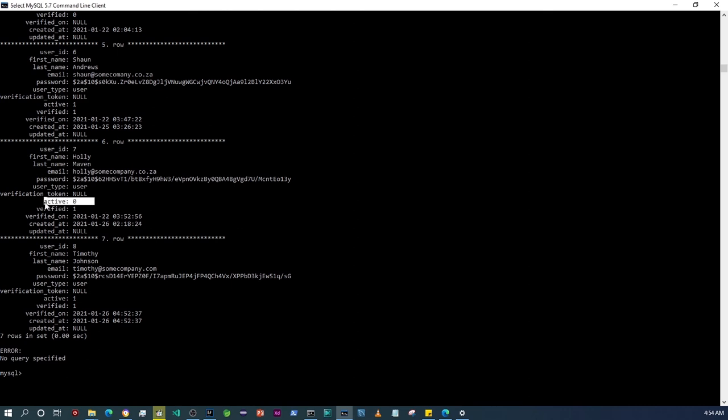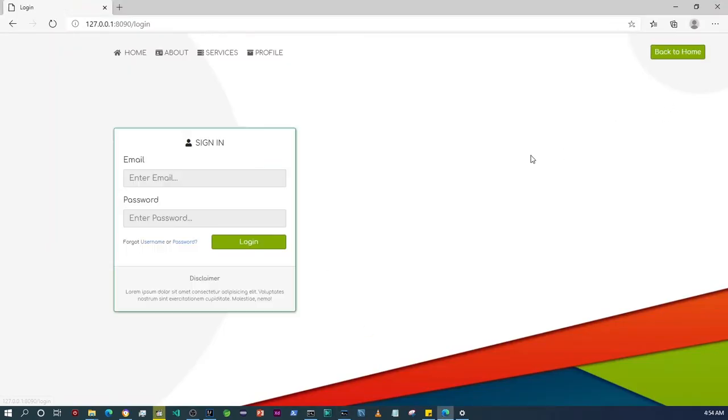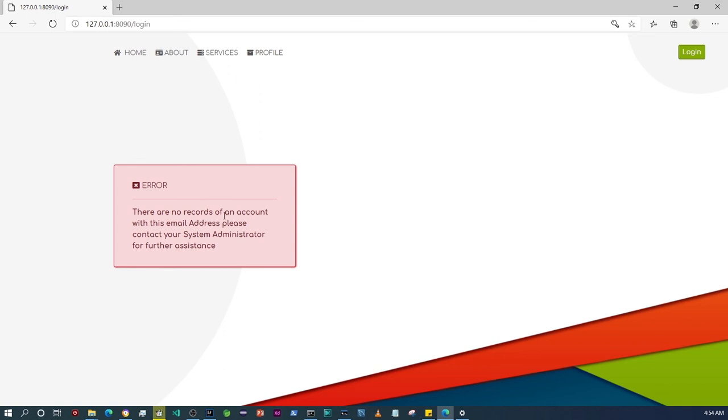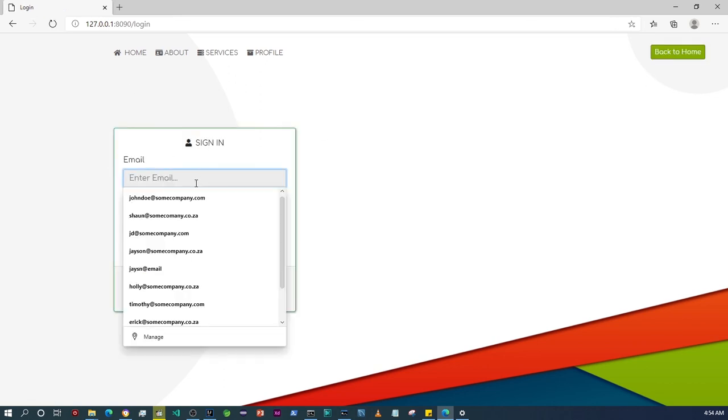As you can see, the account is set to 0, which means it's not active. So if the user comes back into the system and tries to log in, for example, I'm going to log in with Holly. As you saw, the account is not active. I'm just going to put in the password there. So what the system is going to do is it's going to check and see if this, oh, sorry about that. Oh, by the way, that error that you just saw there,